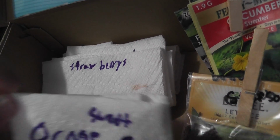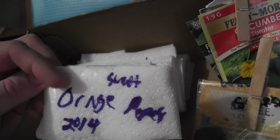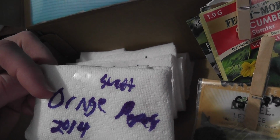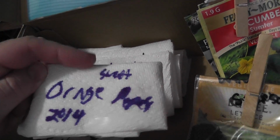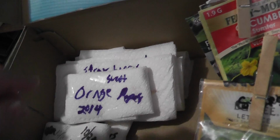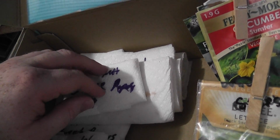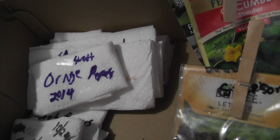2014 is when I collected these. These actually have the date and the type of seed that it came from, and it's taped up, so this is probably 2014, just from last year. So I finally got things a little bit more organized. I know I'm going to have to sift through a lot of these seeds, probably pull out a lot of the ones that have gone bad and that sort of thing. But here we have